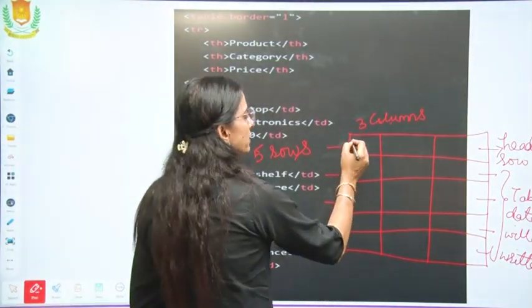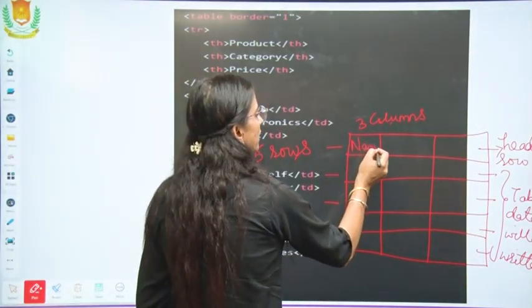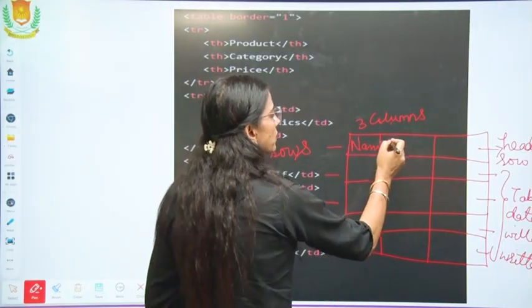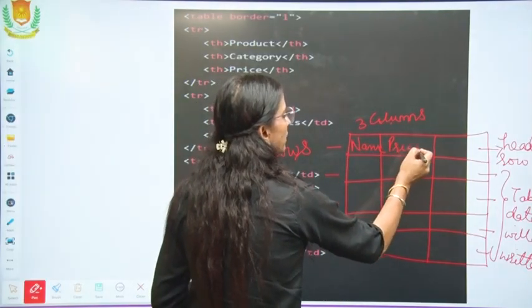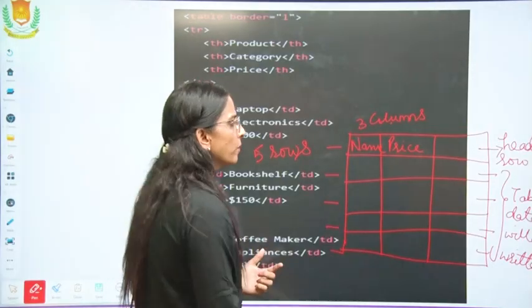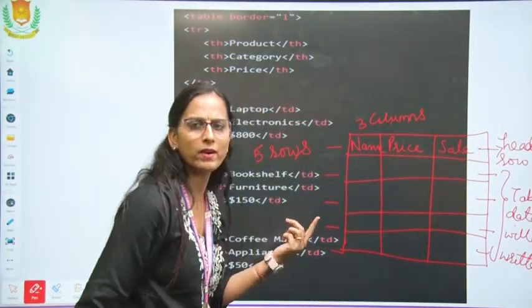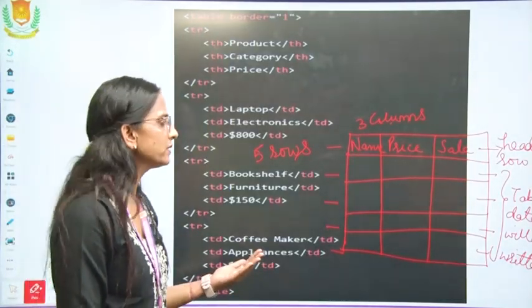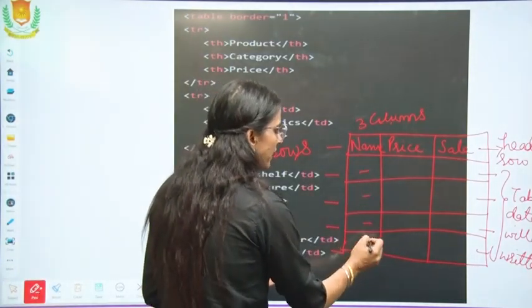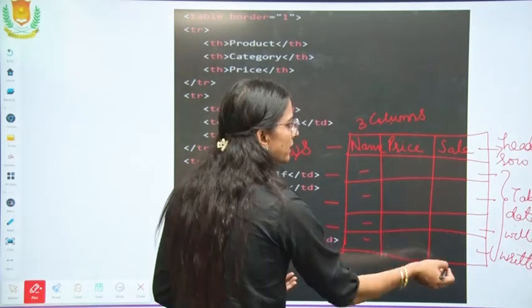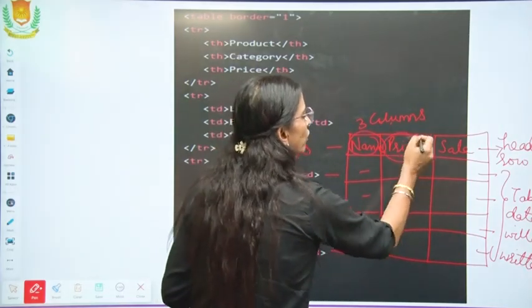So here you can write like this: name of the product, price for the particular product, and you can write the individual day wise sale. This is just an example. Here you will specify the name of the product, their prices, their sale. So this is the header row.